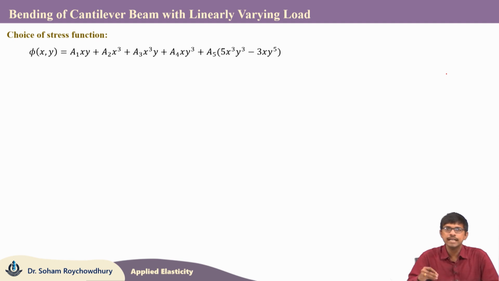So, here we are going from uniformly distributed load to linearly varying load. Basically, if you write the expression of the load mathematically, we are increasing the order of the load, which means if you integrate the previous constant UDL load, we will get a linearly varying expression. Thus, the order of the polynomial required in the stress function should also increase by 1. So, here the highest order required to be considered in the polynomial is 6.